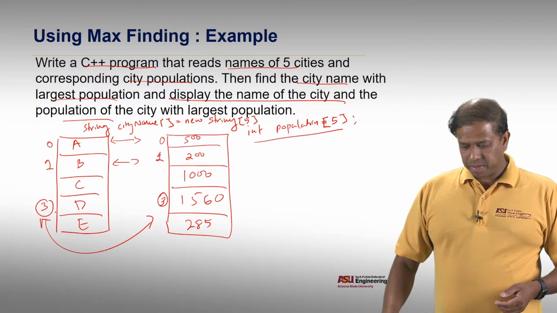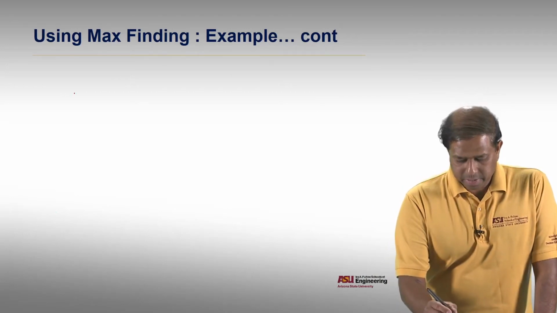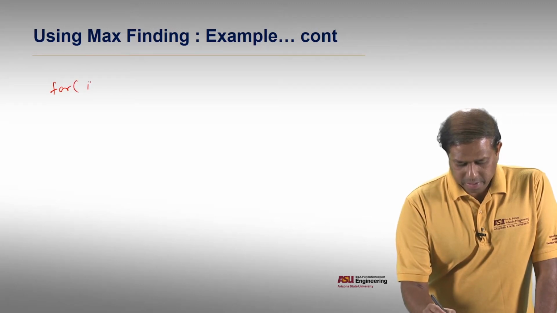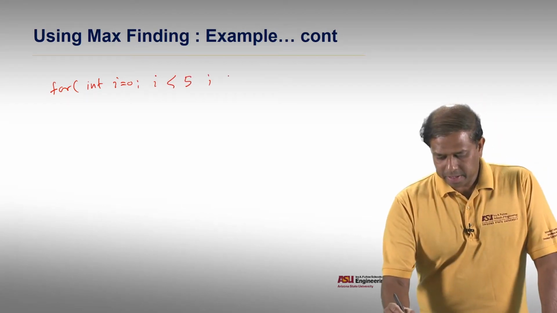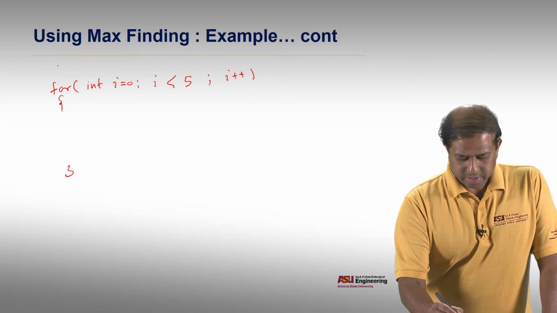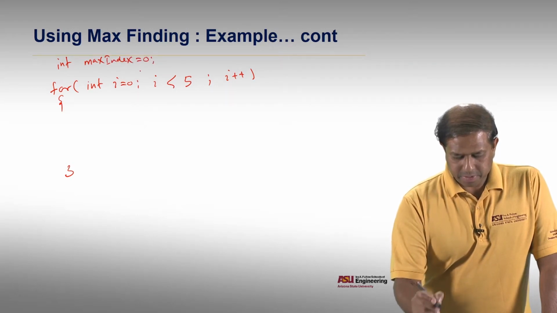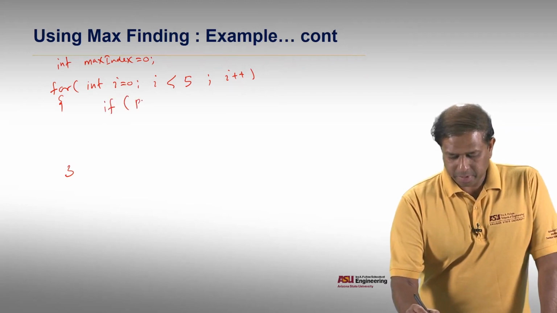So the first thing is, I'm going to write the for loop for it, assuming that the arrays are already defined. Then in the for loop, what we do is for int i equals 0, i less than 5, because we are going to store 5 cities, okay, and then i plus plus. So what we do is max index equals 0, right? Then we can check if the population array